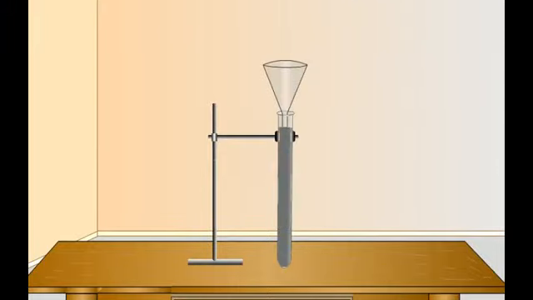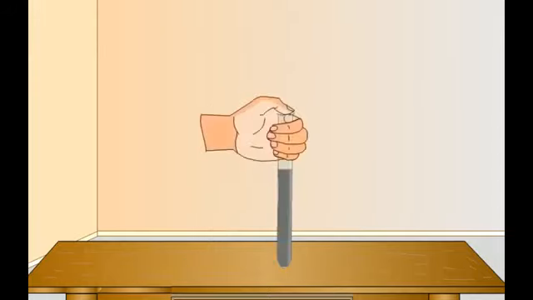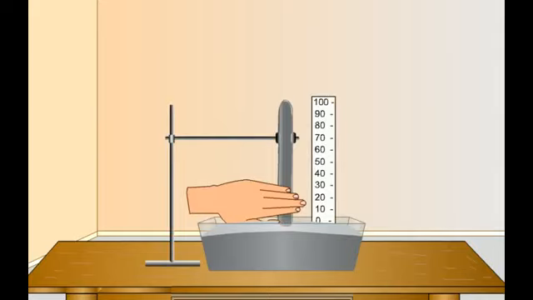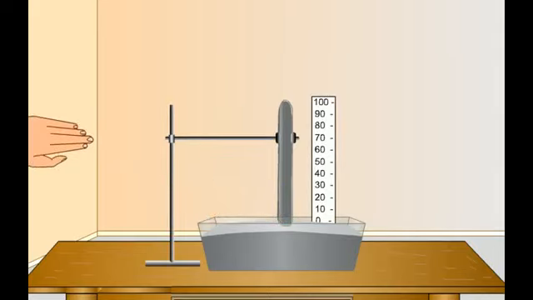After filling mercury in the capillary tube, it is put in an inverted position in a trough containing mercury. The open end of the tube is closed with the thumb and the end is dipped in the mercury trough. Students, the thumb is removed very carefully so that no air passes in the capillary tube. The tube is supported with the help of a stand and a graduated scale is put parallel to it.